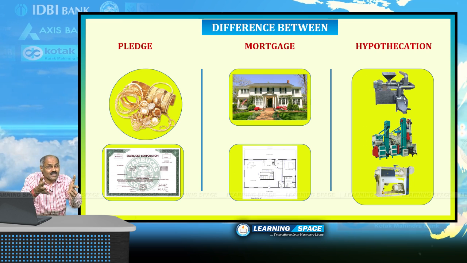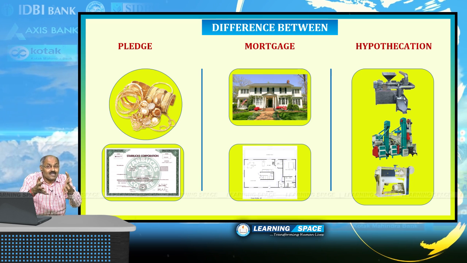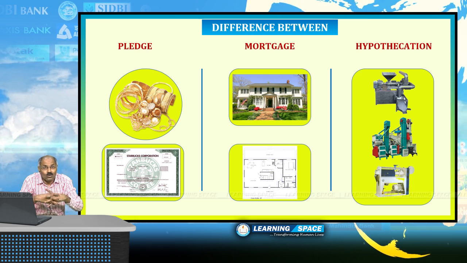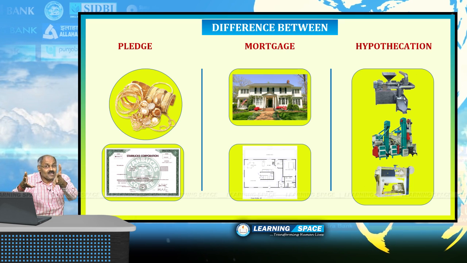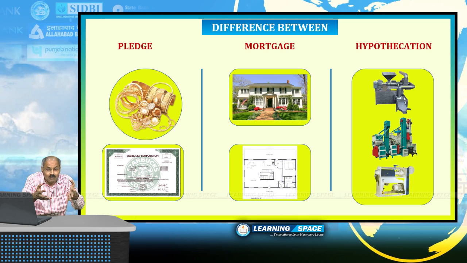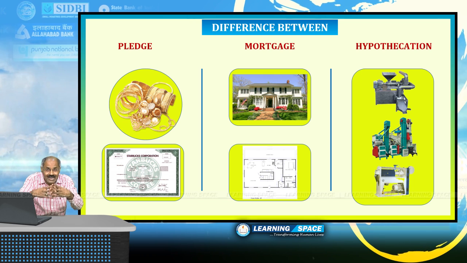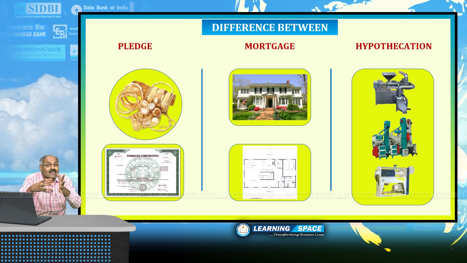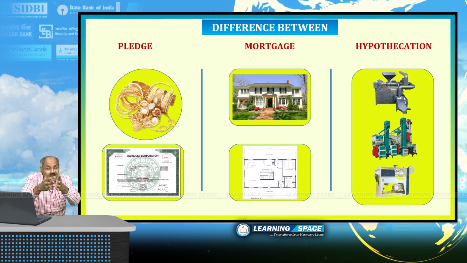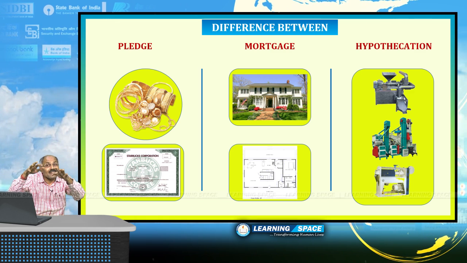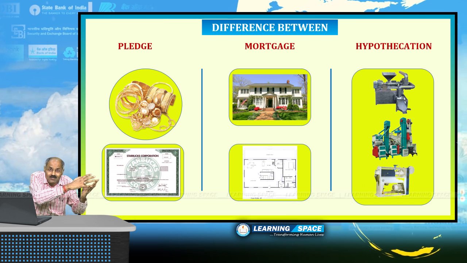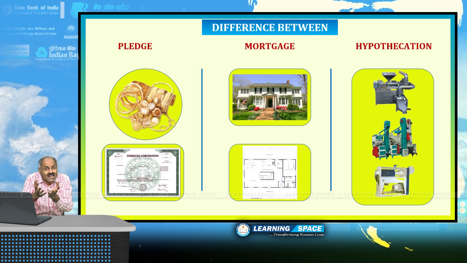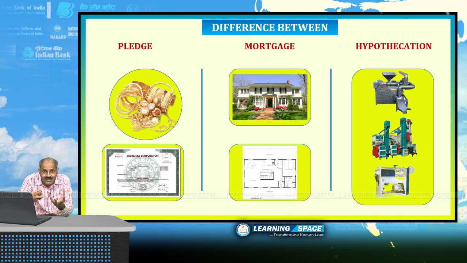Anyhow, let us come back. This mortgage is land or the structure attached with land. If you are giving them as security and taking loan, that is mortgage. Hypothecation. Hypothecation is you are producing some goods. You have brought several raw materials. And by keeping raw materials as security, if you are taking loan, that is hypothecation. You want to construct a rice mill. You want to hypothecate the machinery of the rice mill to the bank. That is hypothecation. That means by keeping the machinery as a security, you are getting loan from bank.